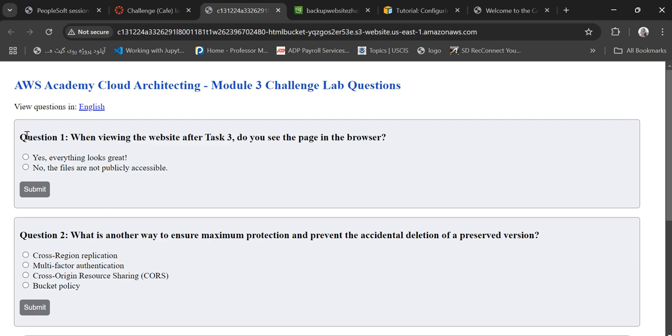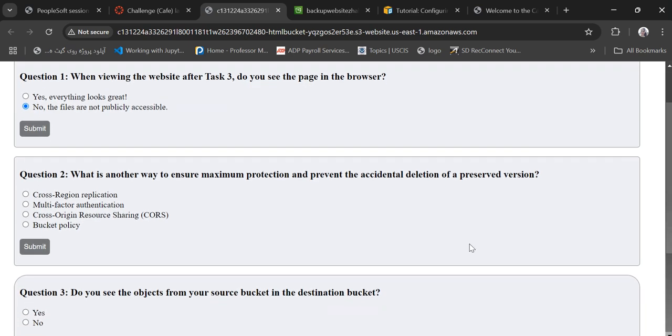The first step, because we didn't set any policy, no files are publicly accessible, so we couldn't see it. The second question was: what is another way to ensure maximum protection and prevent accidental deletion, besides versioning? That is multi-factor